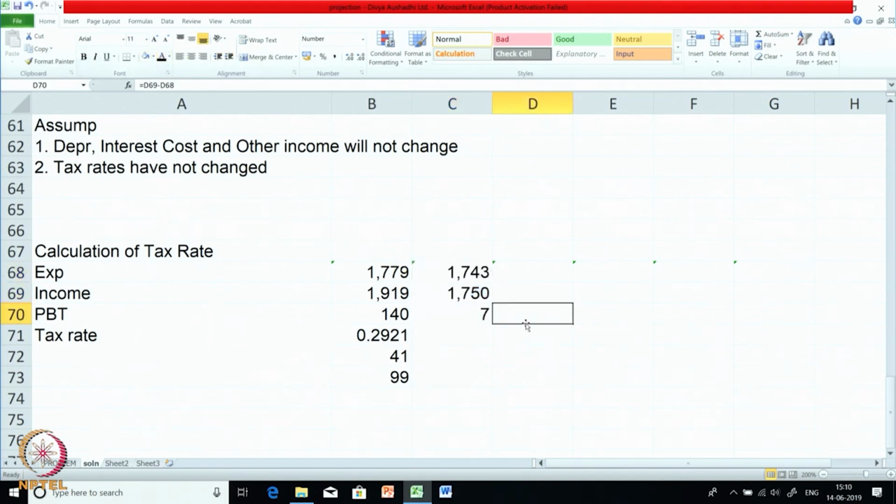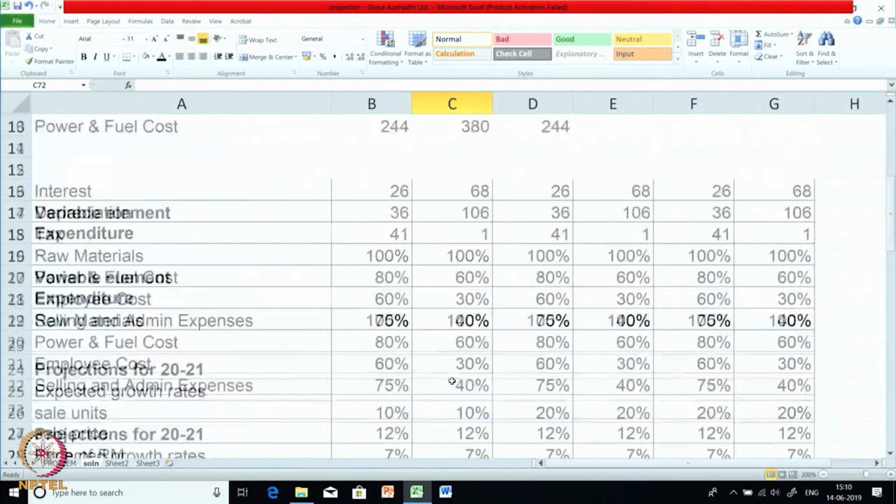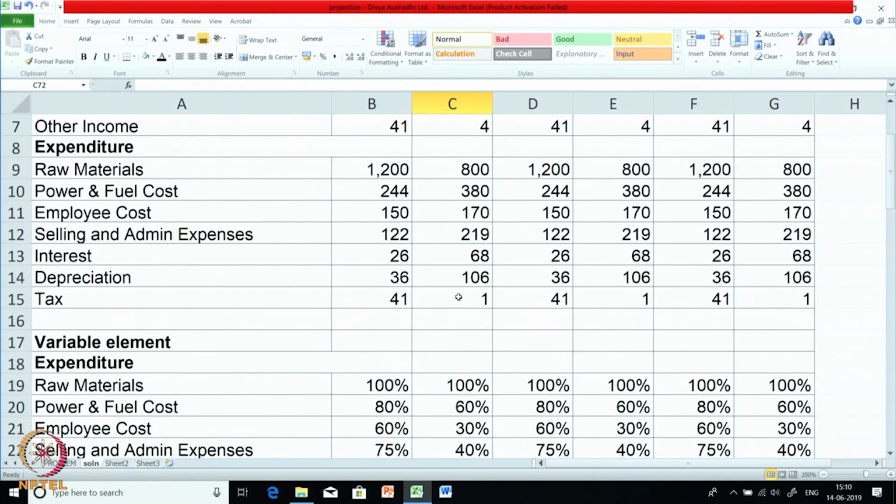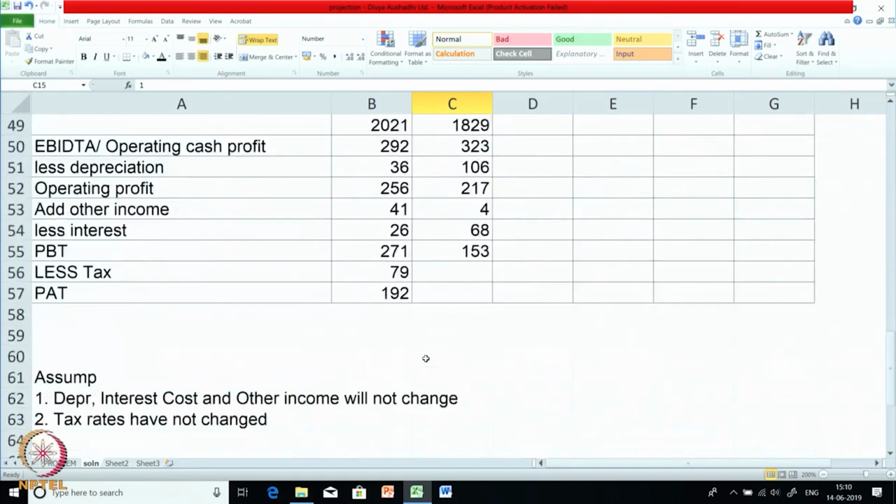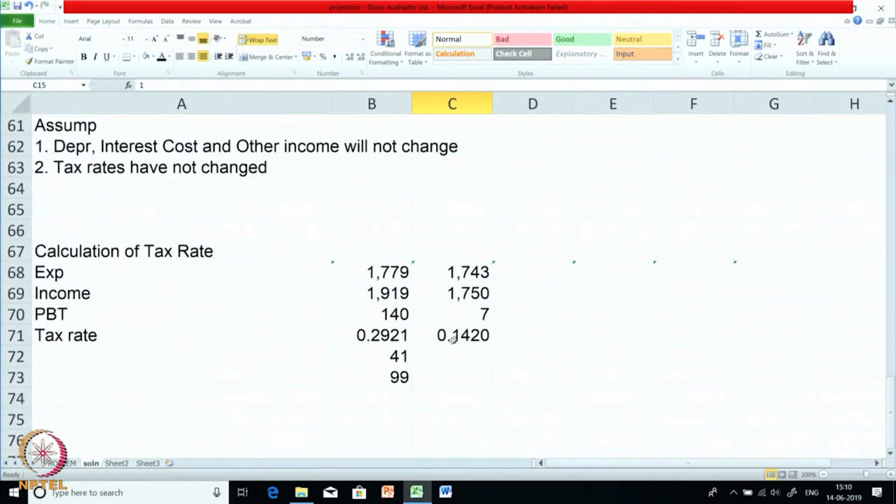So total of expenses is 1743. See, both the figures are nearly same. Total income is 1750, PBT was 7, tax rate was 0.14. If you go up in the last year, their tax was only 1. So 1 on 7, so it is 0.41. If we just write tax for our own information,